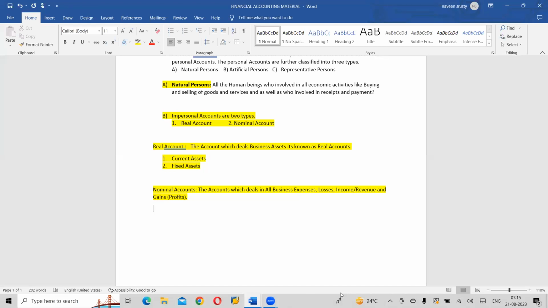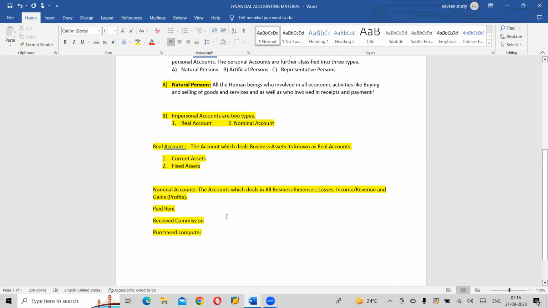Why we need to understand this particular accounting is that as a consultant, we need to make a chart of accounts. There is a concept called account groups. Clear? So he will say that paid rent, received commission. These are the transactions. Next one, he said that purchased computer. So we need to make relevant account groups.